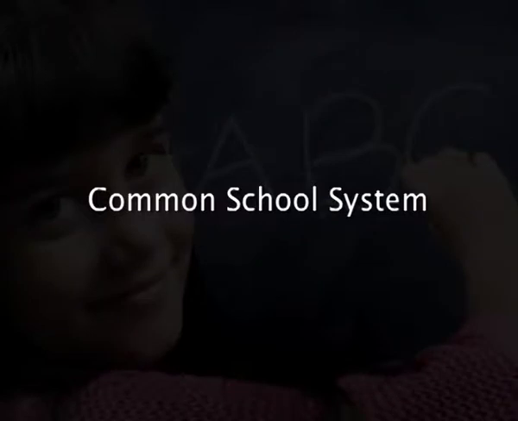In a democratic society, opportunity for learning must be open not only to the elite, but to all those who have to carry the privilege and responsibility of citizenship. Next is the common school system. The idea of a common school system is as old as the Kothari Commission. The Kothari Commission, or Indian Education Commission 1964 to 66, emphasized the expansion of educational institutions broadly with an accent on equalization of educational opportunities. The commission had recommended education to people of all strata of society and envisaged a common school system of public